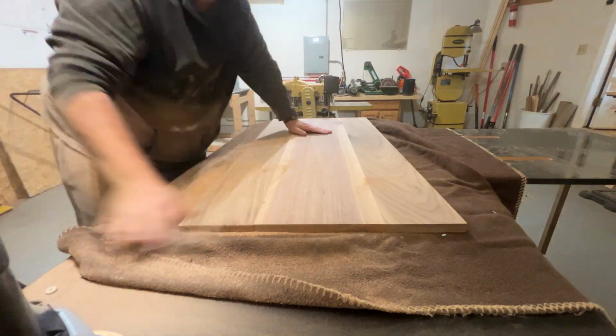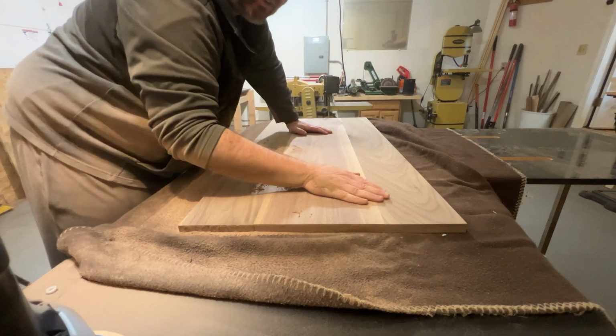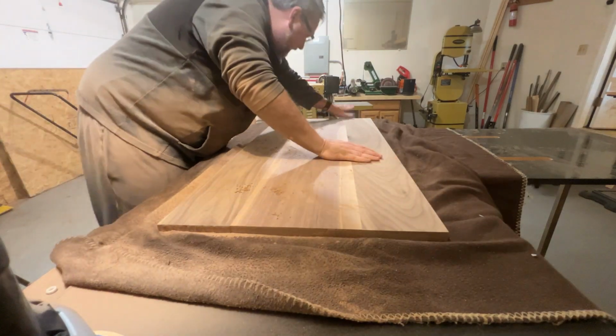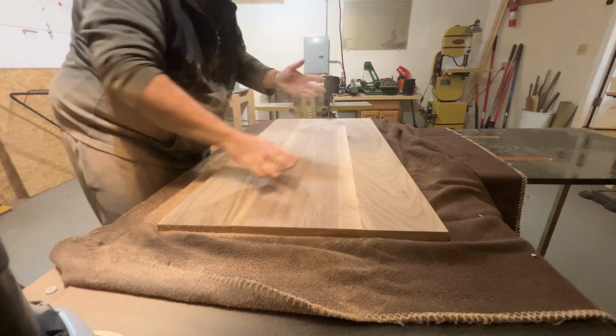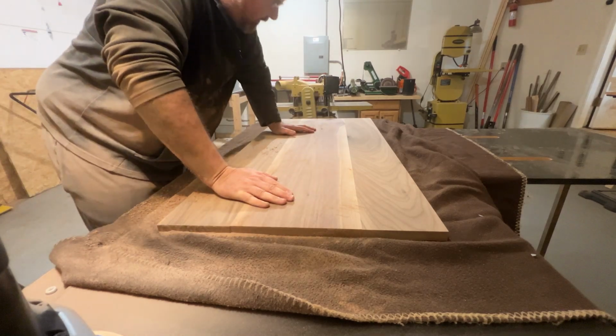All right, I love the smell of fresh cut walnut. It just has a unique smell to it, kind of like pine does. Anyway, that's one side of one board. So now